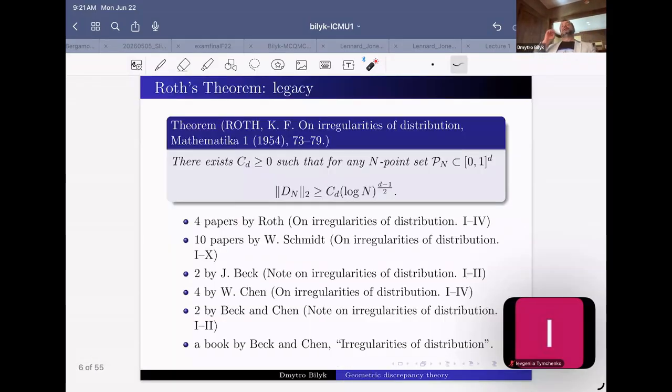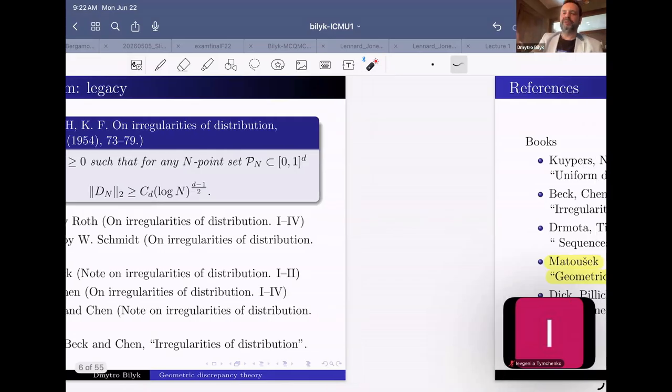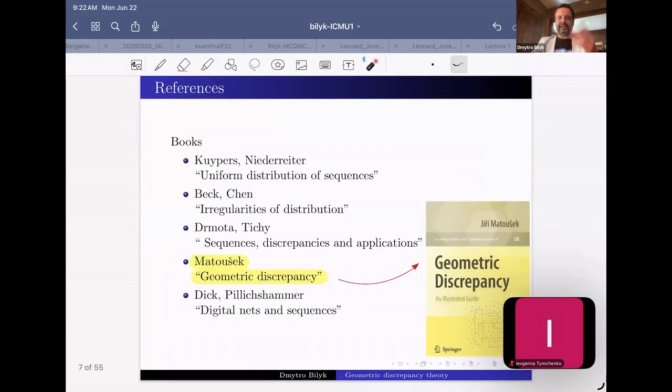And the fact that it started the theory actually could be seen from a lot of papers and even a book which have almost the same name as the name of his original paper on regularities of distribution. So this became a very popular name. There are quite a few papers by famous mathematicians. Okay. I want to mention, so this slide I assume will be online, and I want to mention a few